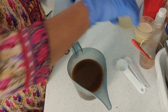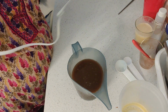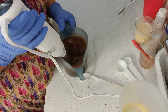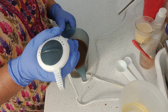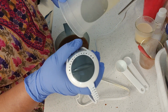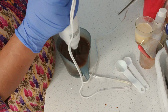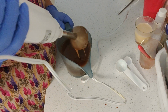Give this a whisk before I add in the lye solution. After this, I'll add my lye solution. Once this reaches trace, I'll add in the